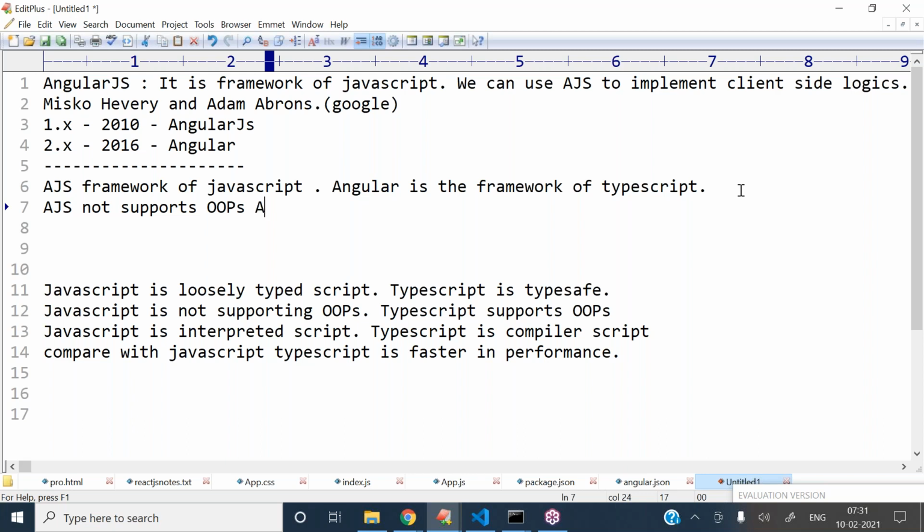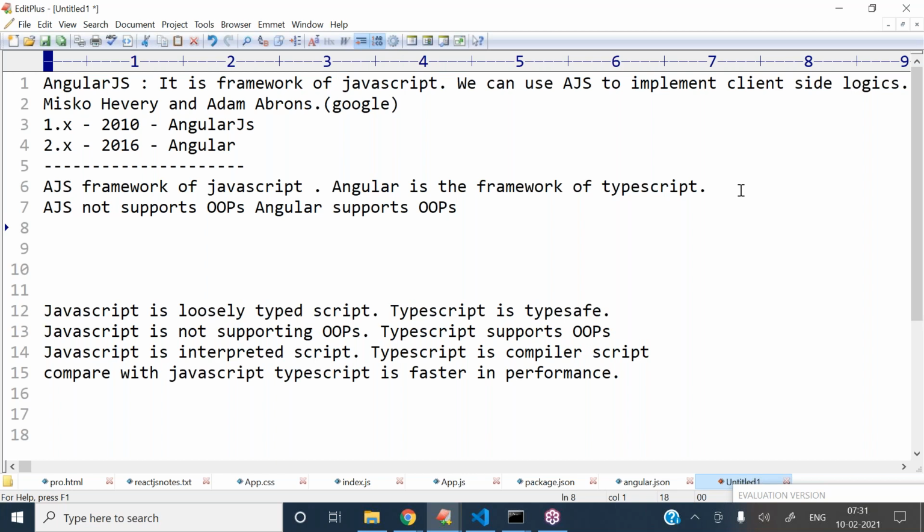And Angular supports OOPs. So AngularJS is not supporting object-oriented programming concepts, but Angular supports object-oriented programming concepts.